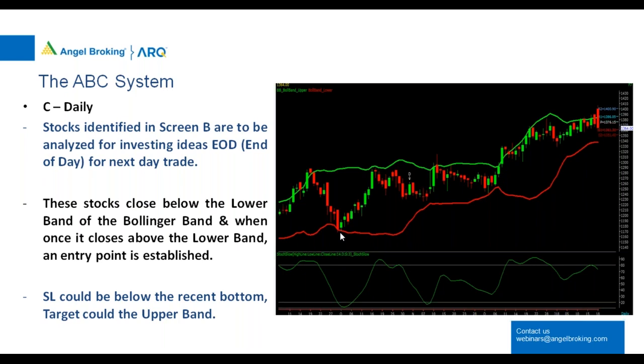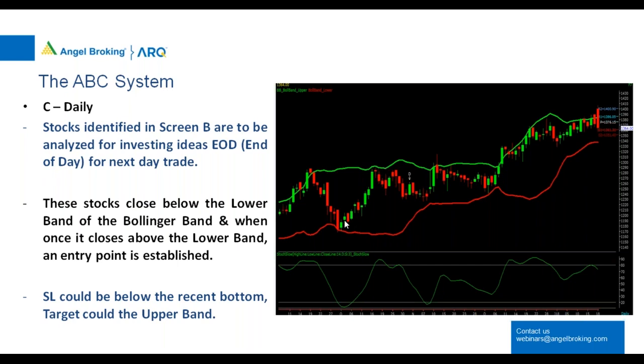So I think so far it's clear. And you can also use the upper band as your target price. So if you're buying somewhere around here, that's 1200, your stop loss is somewhere below 1170, and then you are having a good run up here, almost a 10% rally which has happened. So these are the trades which you can take, or you can continue holding for a long period of time. And you can see that the stock has rallied significantly from there.